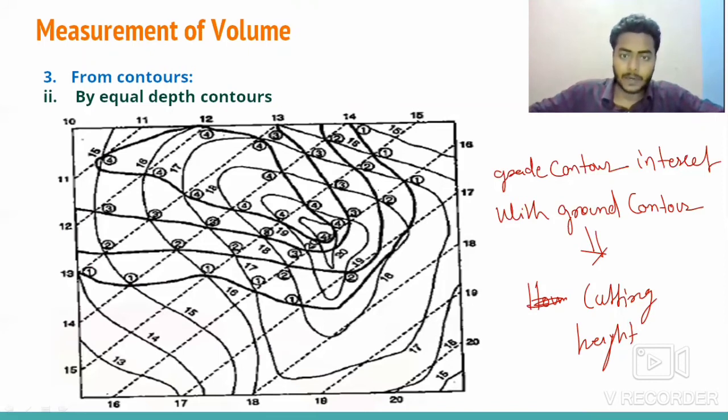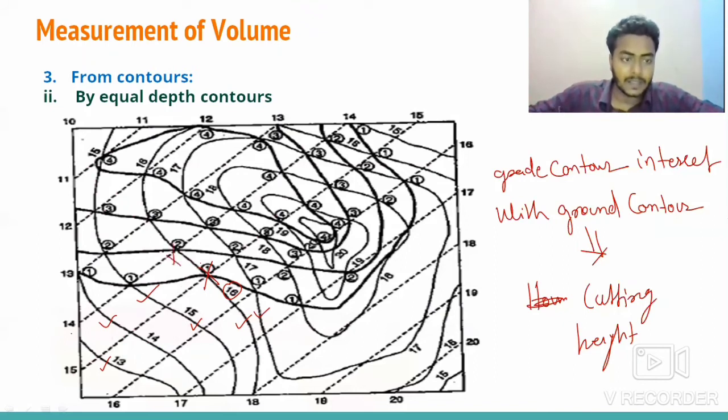Okay, so at every point, see this dotted line is showing. Every dotted line in this picture is showing the grade contour. Means what gradient of ground we want, and the thick line is giving the actual ground conditions. Okay, so every intersection point you can see. Take this line, this 60 meter contour. So see, we are getting gradient at this point. So at this point we want 15 meter elevation. So 1 meter we need to do cutting.